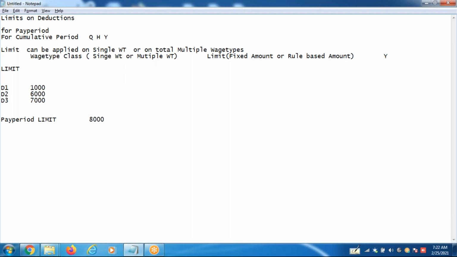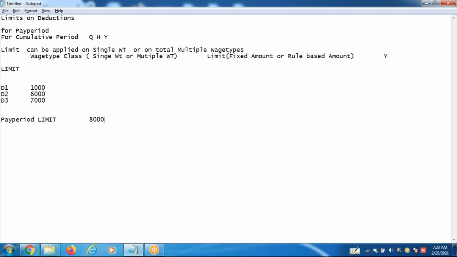So what should we do, guys? These three deductions must not exceed 8000. How do you apply the limit?